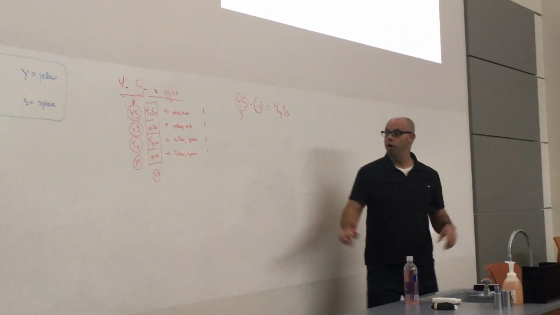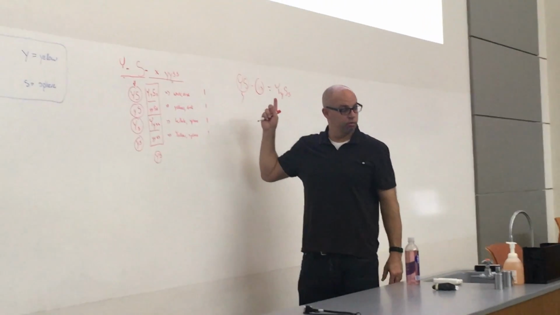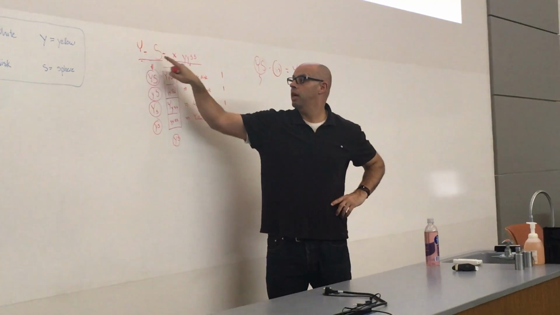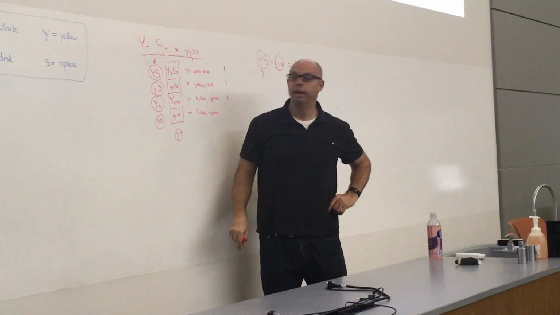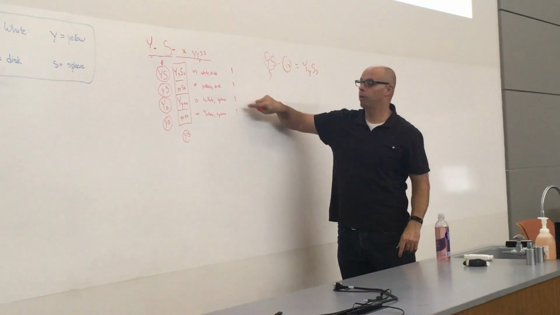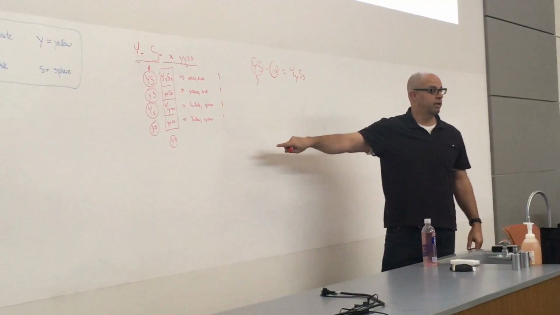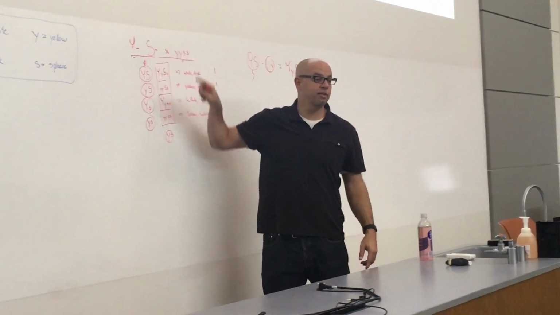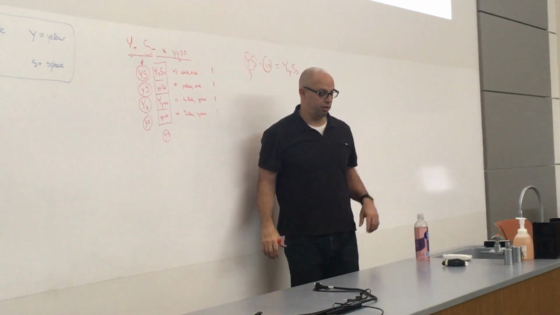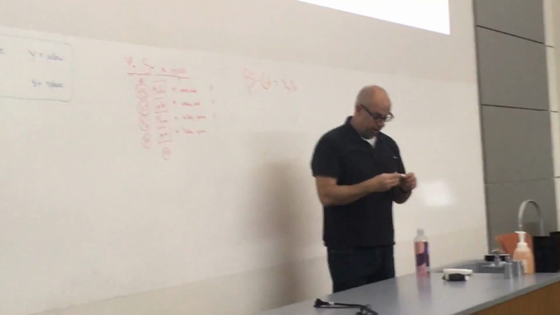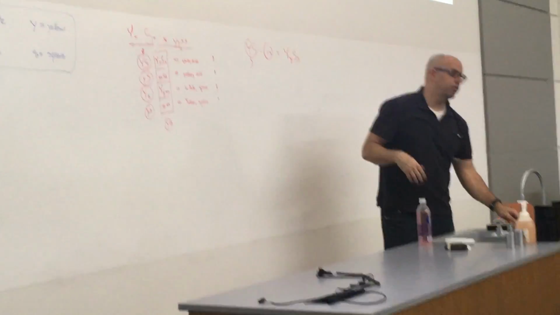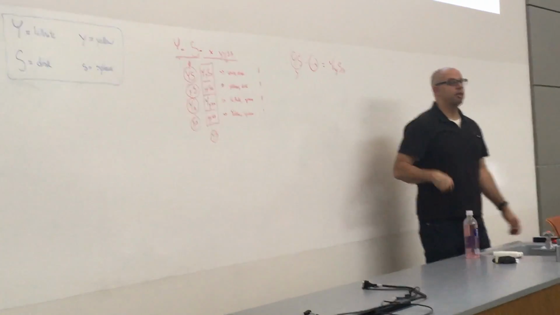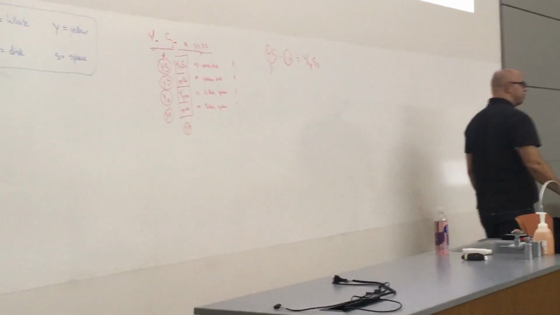Because of that result, you can say, okay, we're quote unquote testing what this other allele is. Okay? If in fact you get a 1 to 1 to 1 to 1 ratio, what does that tell us? Yeah, exactly. That this is big Y, little y, big S, little s. That's why we call it a test cross. Okay, so I encourage you again to just keep practicing these, keep going through these. Eventually, if it's a little confusing now, the more that you do it, you're going to get so good that you'll be able to